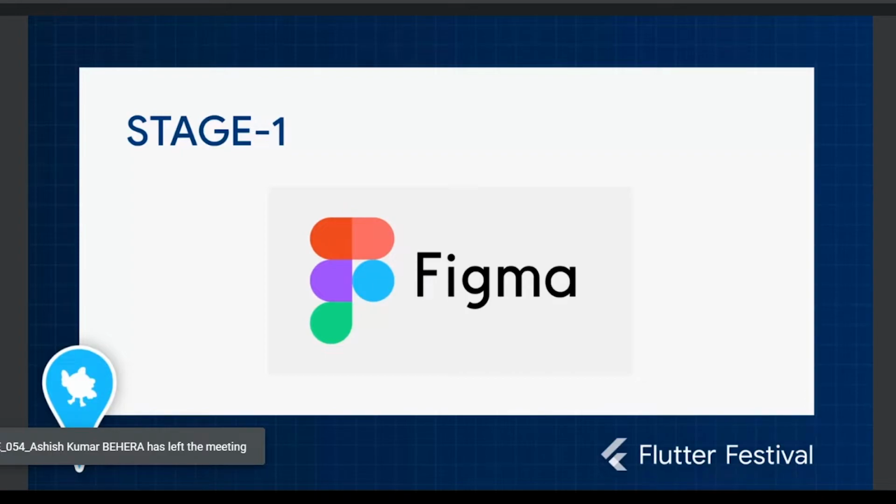So in this particular stage, the developer designs the total app into different frames, and then all other operations can be performed. I will be moving to my Figma screen, so you will have a clear idea. So this is particularly stage 1. And if I move to my Figma home screen, then you can see